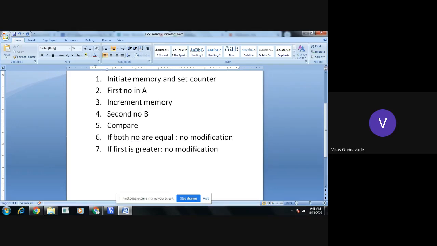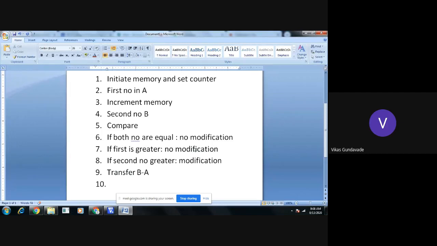But if the second number is greater, then we need to make some modification, which is to transfer the contents of B to the accumulator.